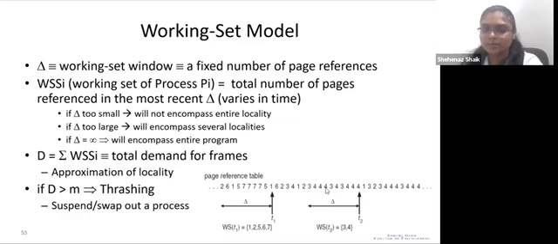It results in 1, 2, 3, 4, and 5 page faults. Okay, so this is one example to show how important it is to ensure that we have the entire locality of a process at any given point in time loaded in memory,